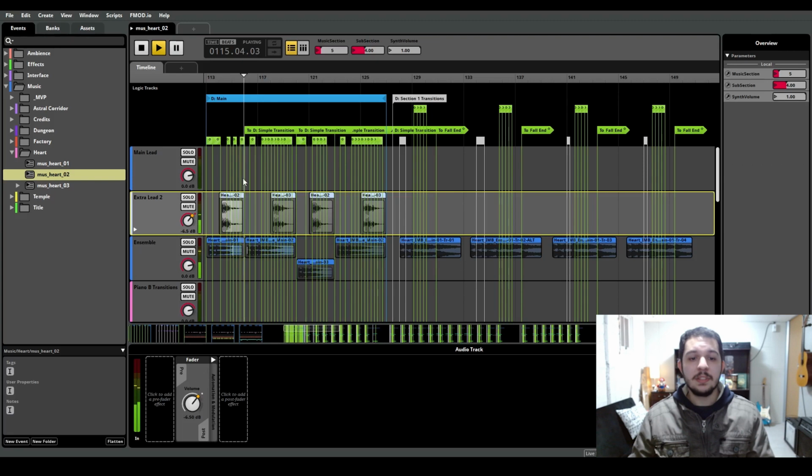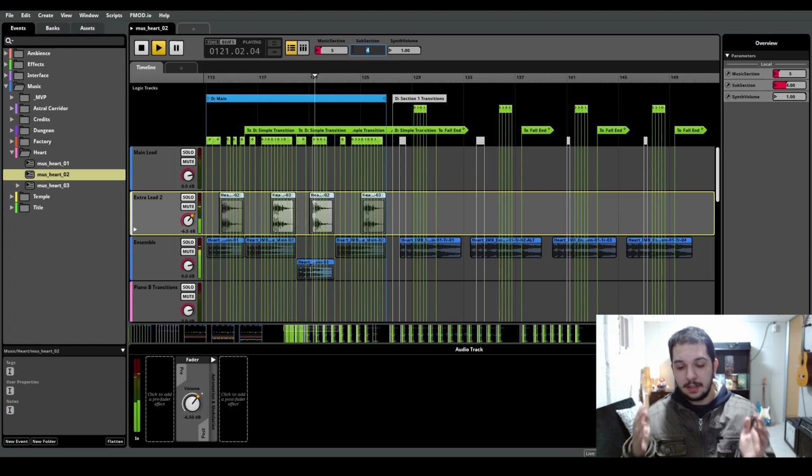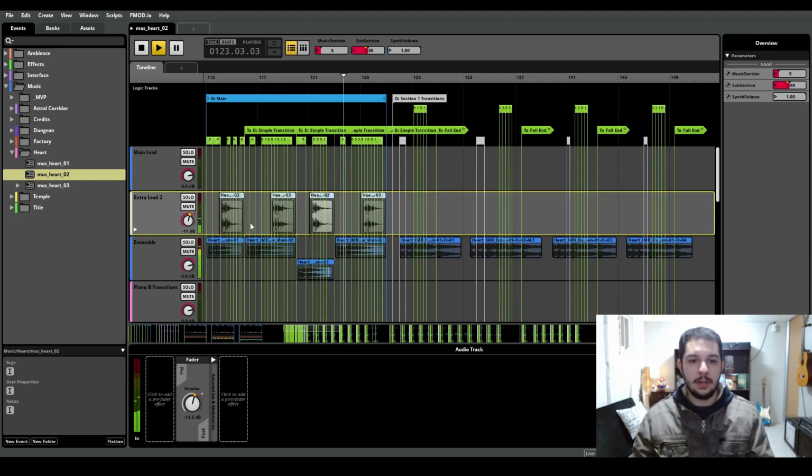And now I have this piano playing here, and this doesn't transition well into the rest. So as the player is approaching the jump, this goes to this, so the piano comes out, and whenever the player is ready to make the jump,